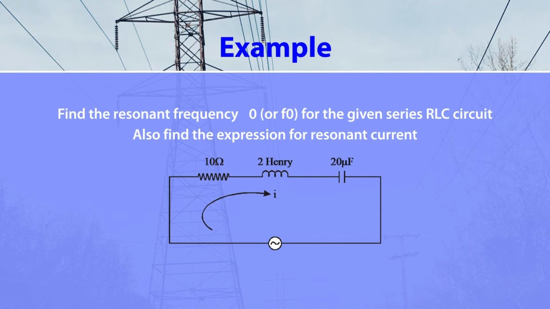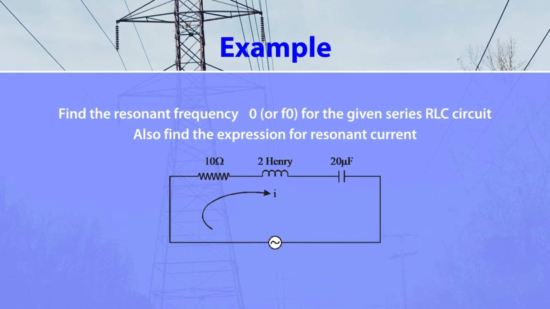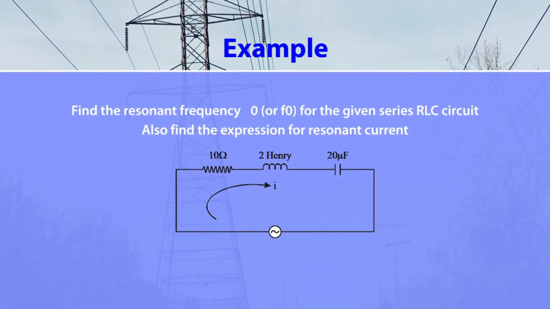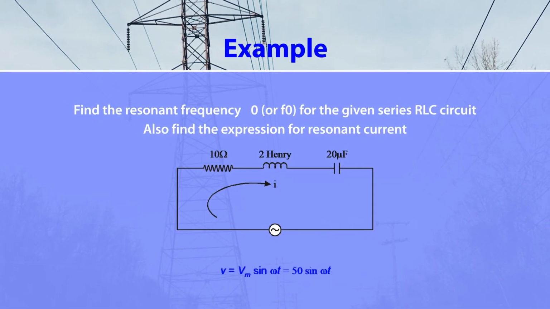So here you can see in the figure, there are three components, that is resistance, inductance and capacitance. All three elements are connected in series. That means it is called a series RLC circuit, and there is an applied voltage, that is Vm sin omega t equal to 50 sin omega t, connected across these three components. So due to this voltage source, there will be one current that will flow through this resistance, inductance and capacitance. Just assume that the current is small i. So this small i current will flow through this resistance also, will flow through this inductance also, will flow through the capacitance also.